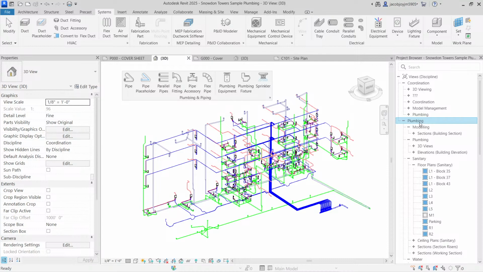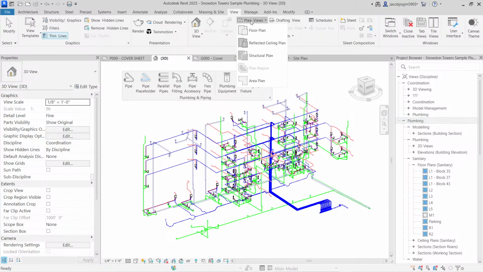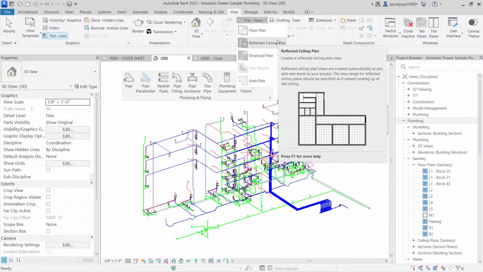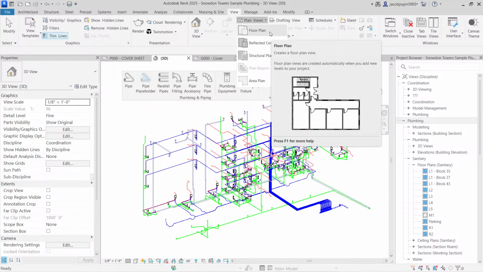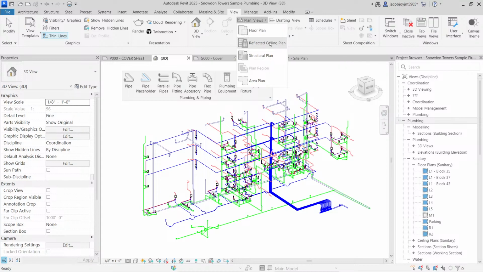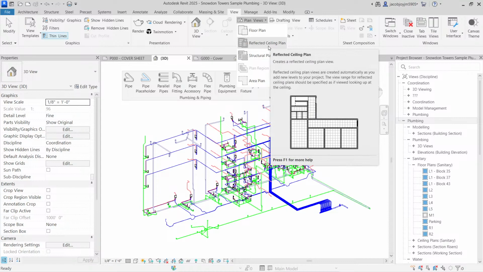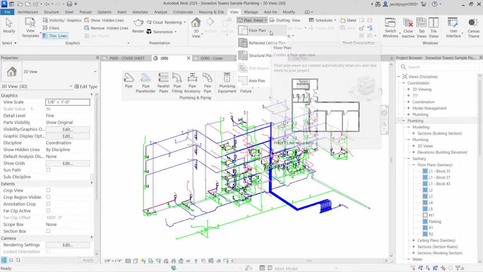For plumbing, we don't have any plans directly. For example, if I go to plan views, we have floor plan, reflected ceiling plan, structural plan. That's it. We don't have anything like plumbing plan or mechanical plan or electrical plan. We don't have that kind of plan views. We are going to use the same floor plan type for plumbing plan and HVAC plan, and for working you might use the ceiling plan,